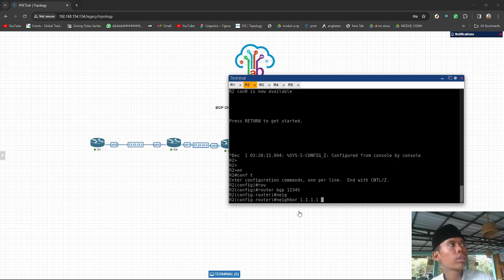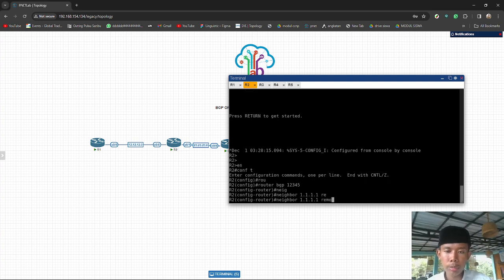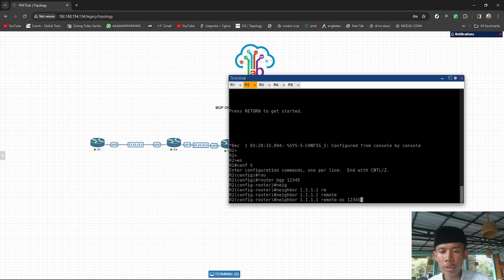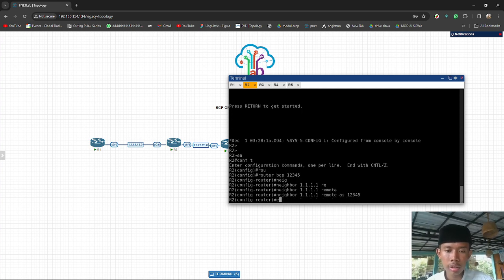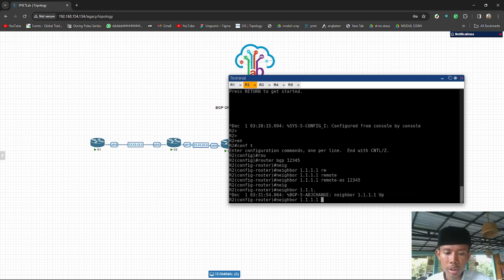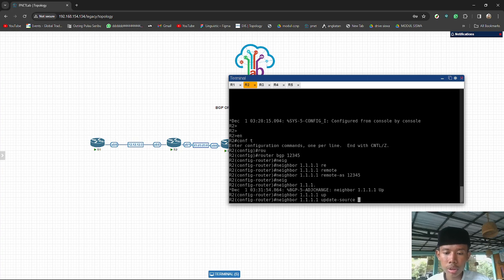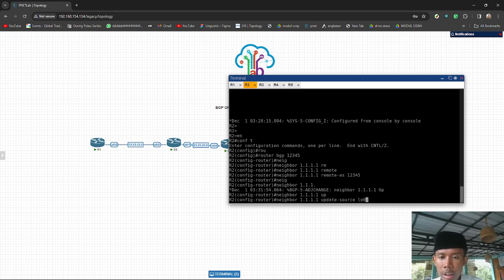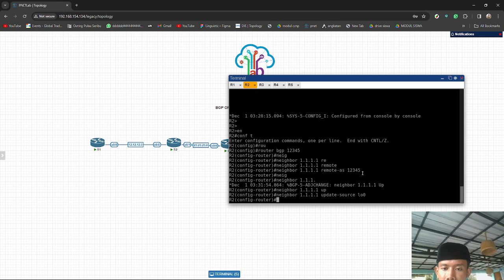What I forgot a bit is remote AS and update source after that. Remote AS 12345, neighbor 1.1.1.1 update source loopback 0. And there is a notification that the BGP adjacency has come up, so it means they are already connected by their neighbor.